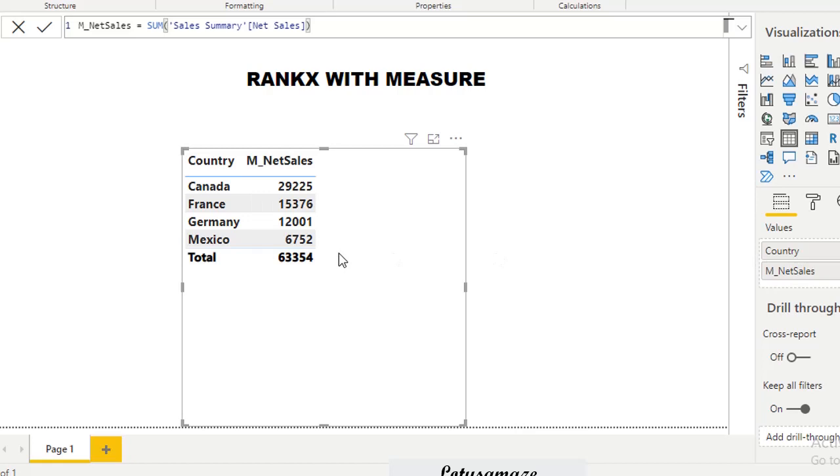As we know, the measure works in filter context. That's why we have taken the sum, but the figure is calculated on the basis of the country because the country column is there. Now we have to create the rank on this sales measure. So we create another measure.